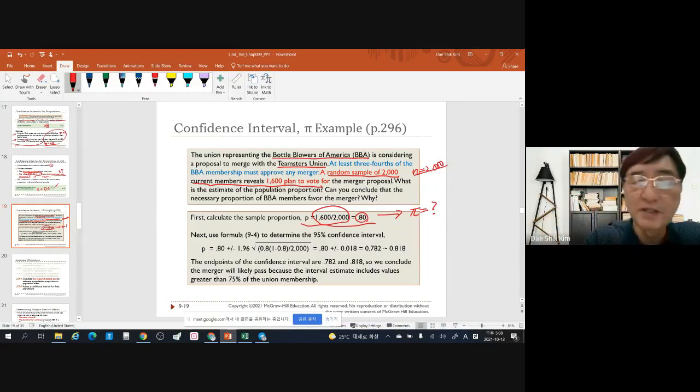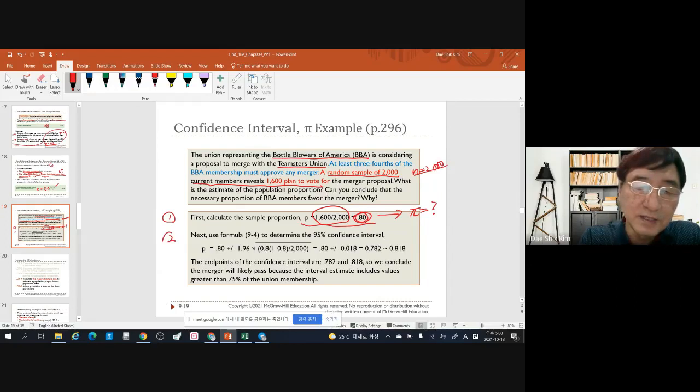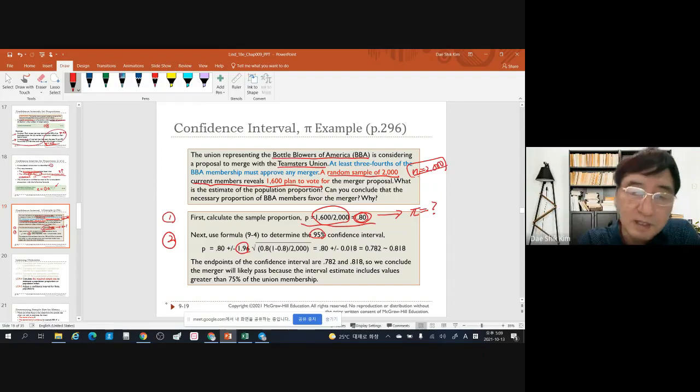First, if you use the point estimate, you can say that yes, 0.8 is bigger than 0.75, so you can go ahead. But there could be some error, so it is better to calculate a 95% confidence interval. Since n is 2,000, we use the z value 1.96. So 0.8 plus or minus 1.96 times the square root of